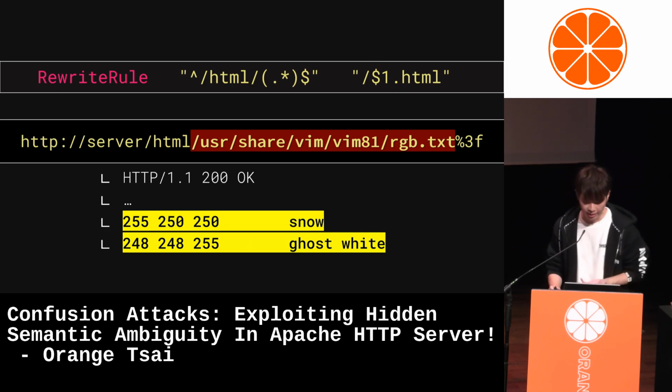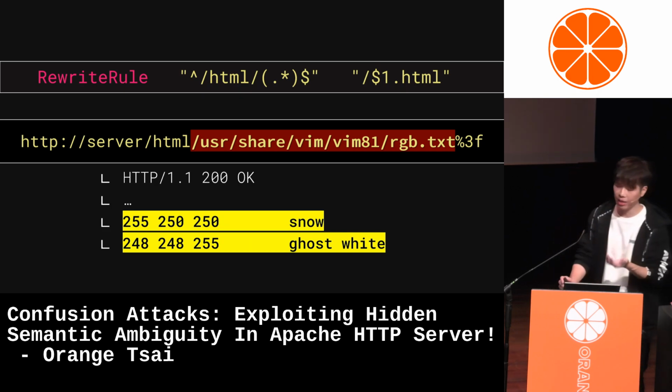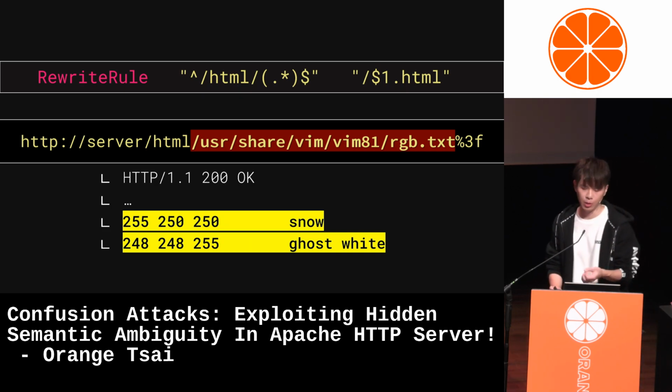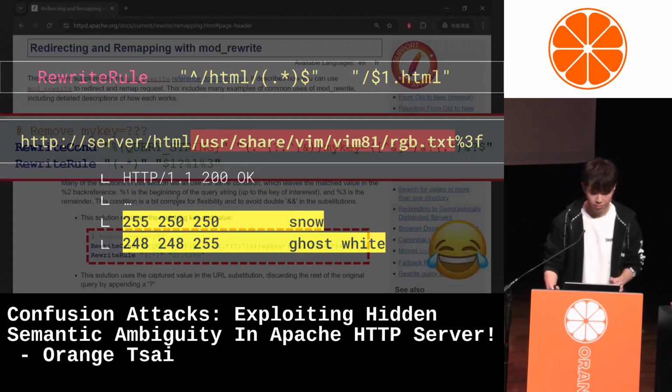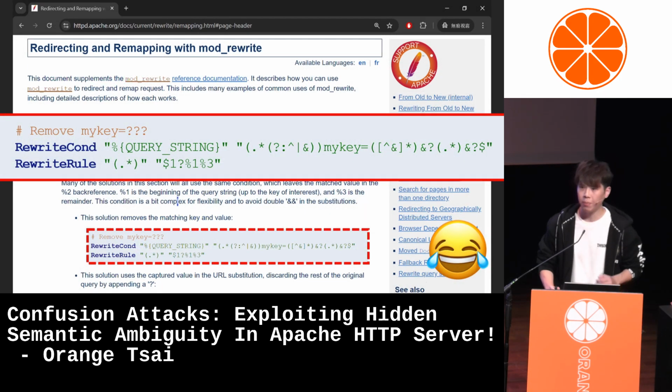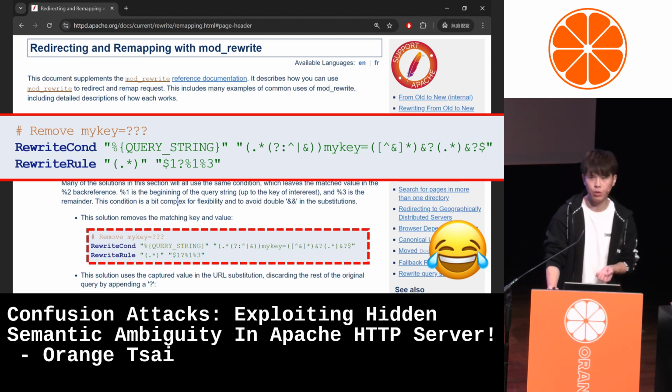So theoretically, as long as the target prefix of a rewrite rule is controllable, we can access nearly the entire /usr/share. This is a blast. Even the tutorial from the official Apache website has problematic examples.